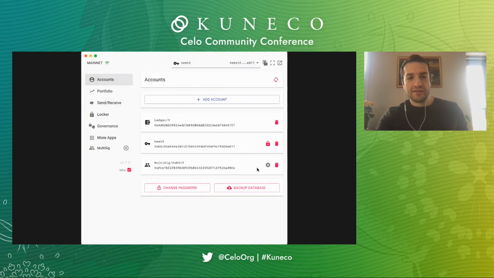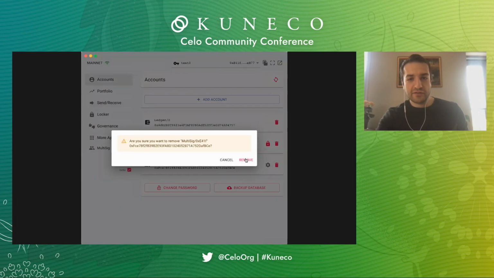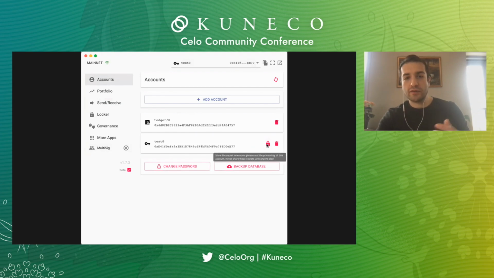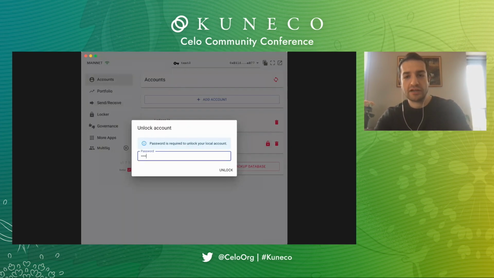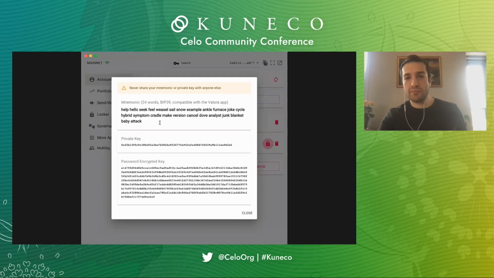So now, once this is done, I don't really need this multisig account anymore. I'm not going to use this. And just to show this local account, we can actually see the mnemonic and the private key behind it, so you can use this to back it up. As it says here, don't share this mnemonic with anyone else. I just shared this with everyone in the world. Immortalized forever on this call, Ziad. Exactly. So I don't need this account anymore.